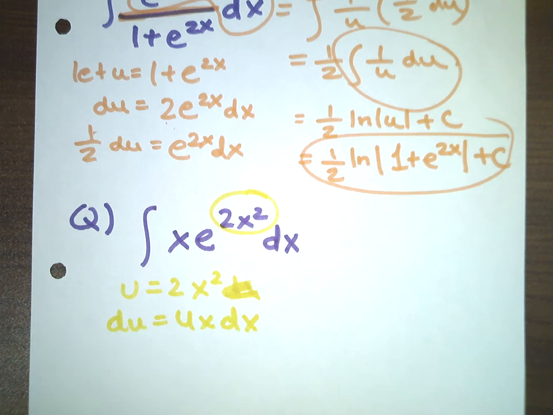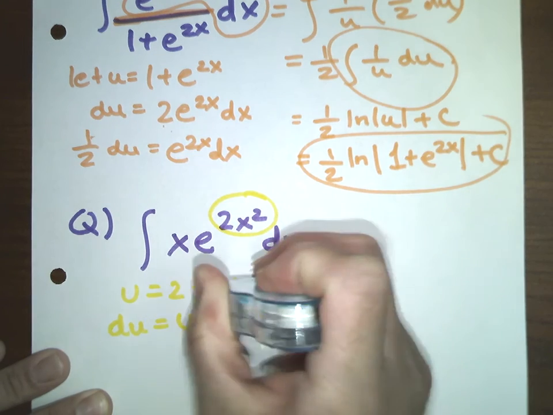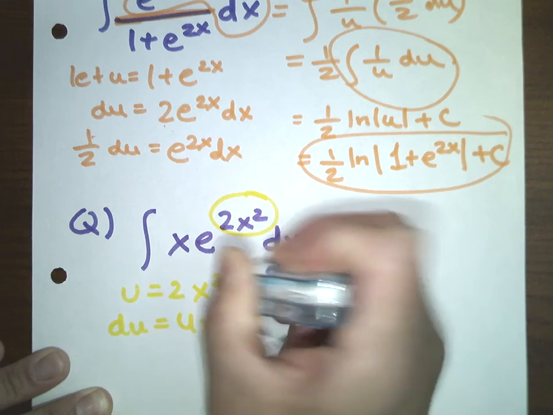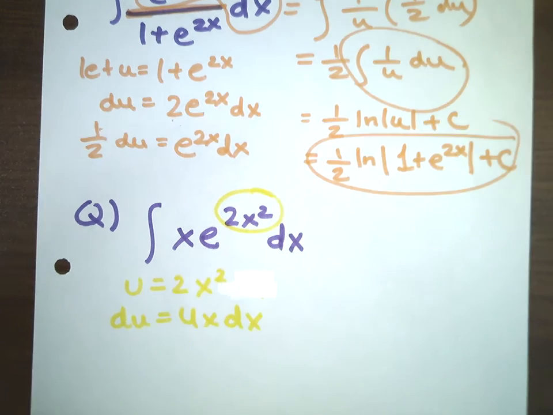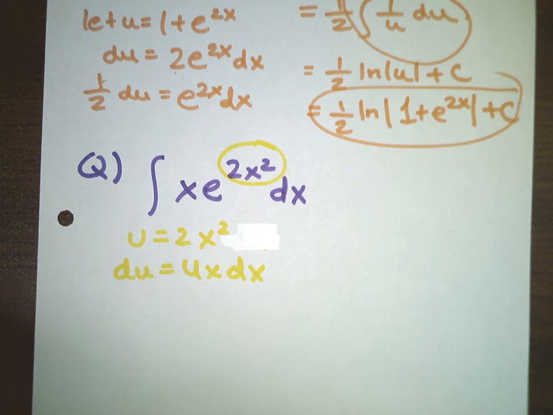All right, so now I kind of want to wipe that out, but I actually don't even know where my whiteout is, so that's okay. Okay, so now what do we have here? When I divide by the 4 or multiply by a fourth, I have